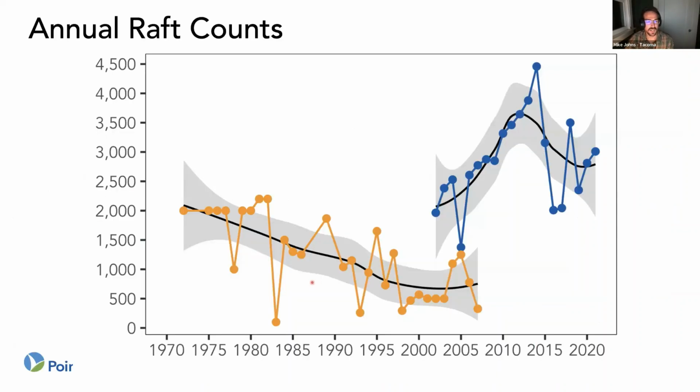And this is just our annual raft count. So this is the high count for rafts around the island in the spring, and we use this as a proxy for the population size. So you can see it got up to nearly 5,000 birds in the mid 2000s, and then around 2014 it's kind of slowly dropped, but this is probably just a lot of observer error and that sort of thing. So it's hard to say if the population is actually declining currently,